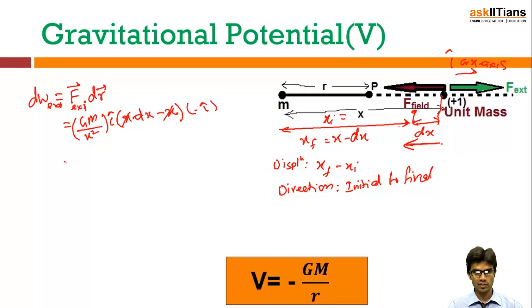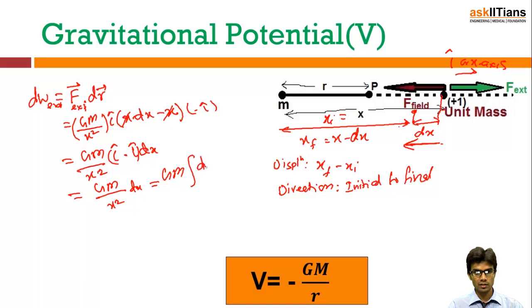So the negatives will be cancelled, and we get G m by x square, and minus 1 is positive, so i dot i, into dx. The i dot i is 1, so G m by x square into dx, and G m is constant, so we have dx by x square, so W total is equal to